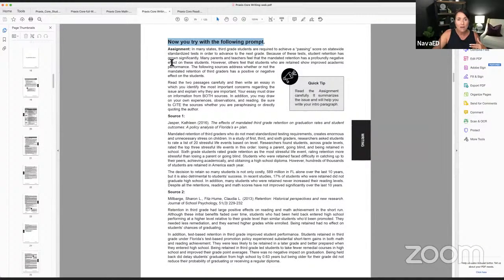Here, I left off some of the information, but you know what it says here, read both passages carefully. This is all the same as it is on test day. You know what to do, but this is very important here. You want to, for sure, read that. And then